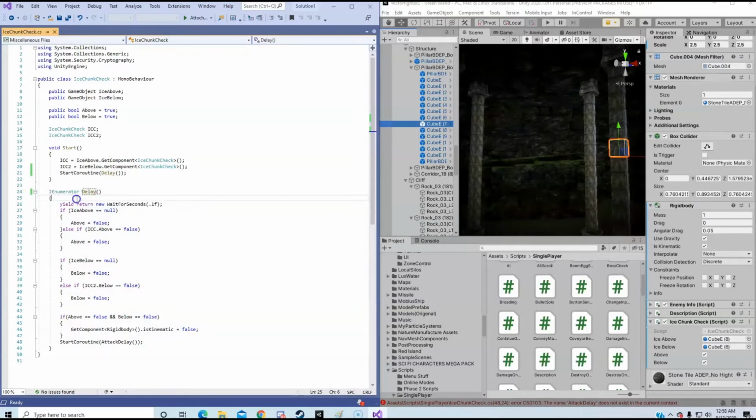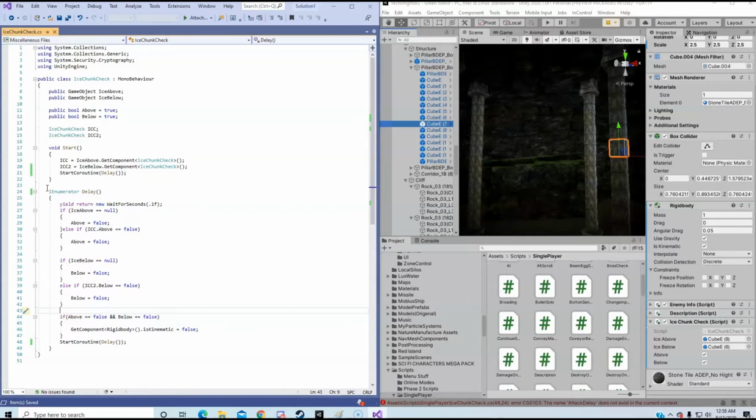But if you don't really concern yourself too much about that and you just want things to act very immediately, you can just use an update function here just as easily. But that's what I'm doing here. So you can see it starts a coroutine, delay, waits a tenth of a second, and then here at the bottom you see it just restarts the coroutine again. Oops, and I misread that. Let's fix it. Alright, anyways,